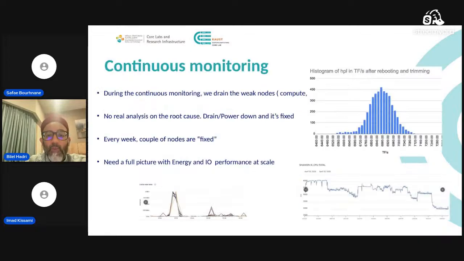Okay? Same thing, and you see after the fix, you have a perfect result after rebooting and trimming. This is what you are expected to see. And when I'm saying, for example, continuous monitoring,